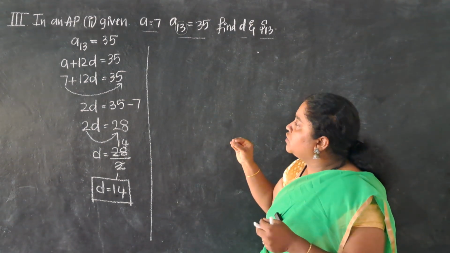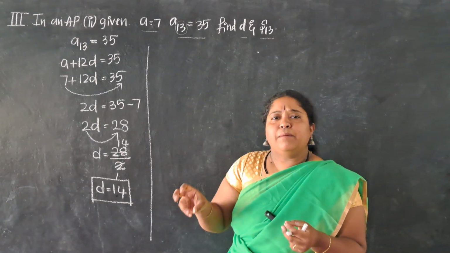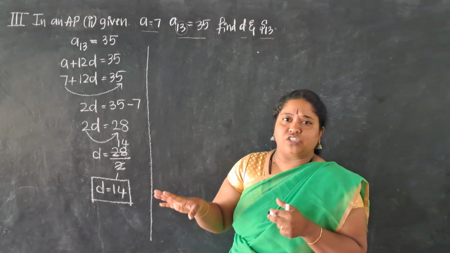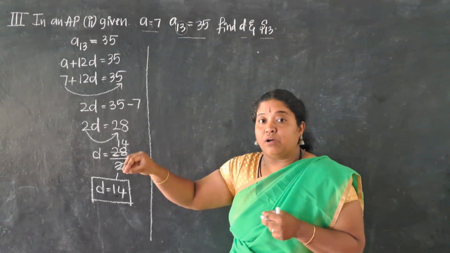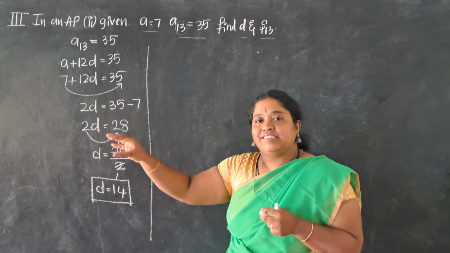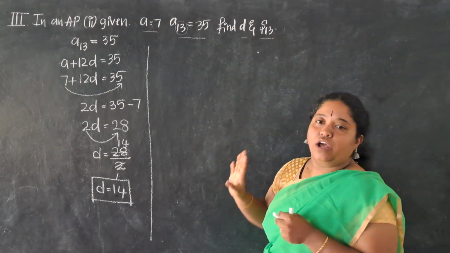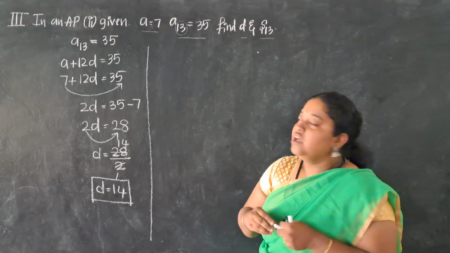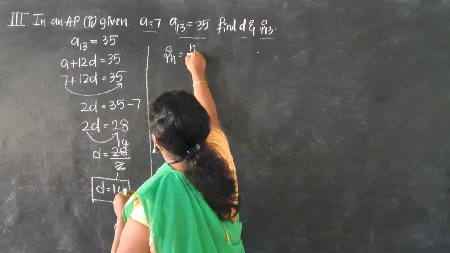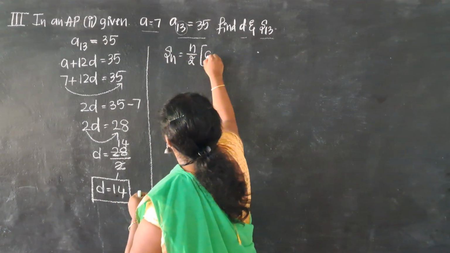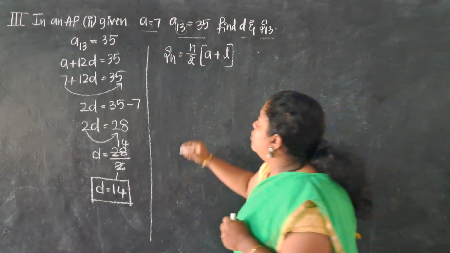Understanding, we should always find the way such that we use the minimum time to simplify the easiest questions, because some questions may be difficult, so we have to think a little bit about that and give them the maximum time. Understanding, that is why I'll be using here the second formula, which is the simplified formula. So what is the formula I have? Sn is equal to n by 2 into bracket a plus l. Understanding, so now look at the board.